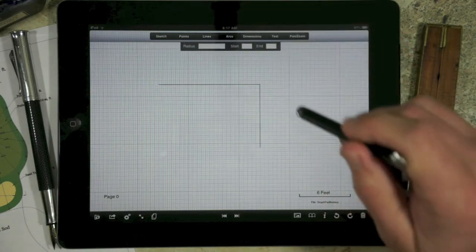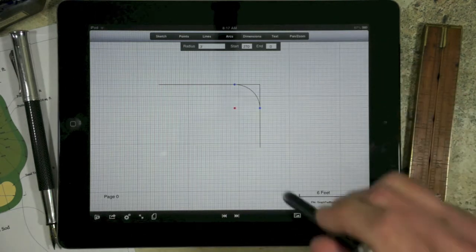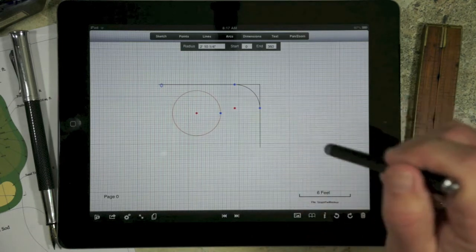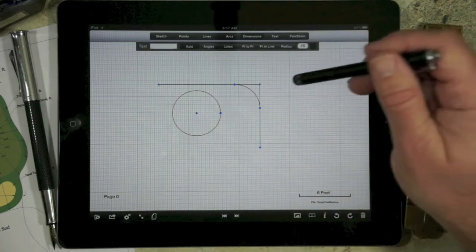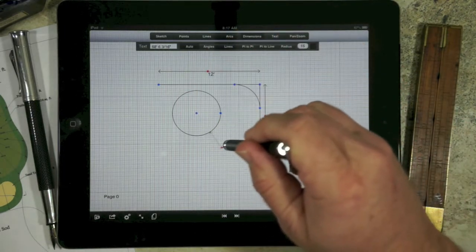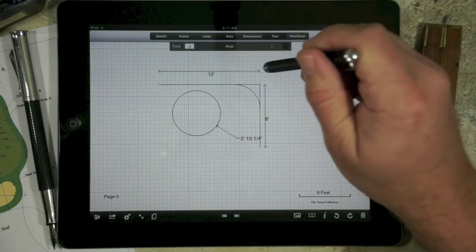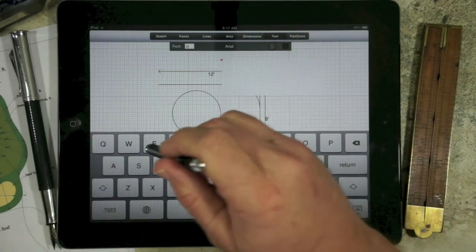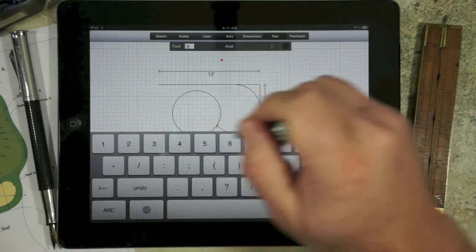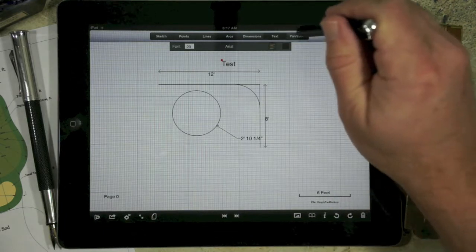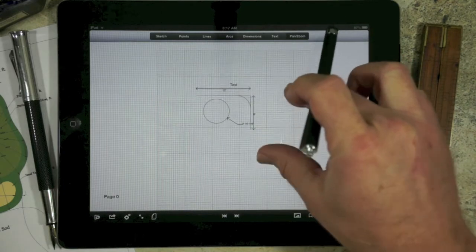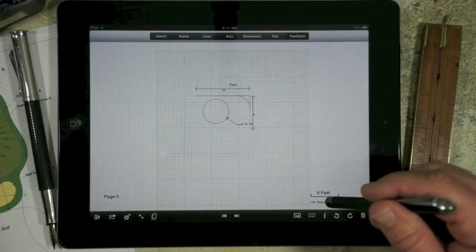We have the arcs mode. Arcs mode is used for making corner arcs and for making circles. Circles can be resized, and we'll go into more detail. We have the dimensions, which is where we apply our dimensions, and you can see that it's very easy to create dimensions on our various different elements. Text mode is for creating rudimentary text. And the pan and zoom mode allows us to reposition our drawing. And we'll notice when we zoom out that we see the edges of the paper that we're going to be drawing on,